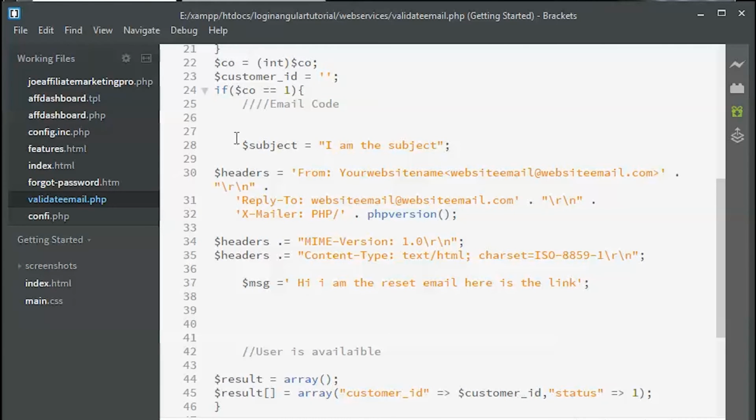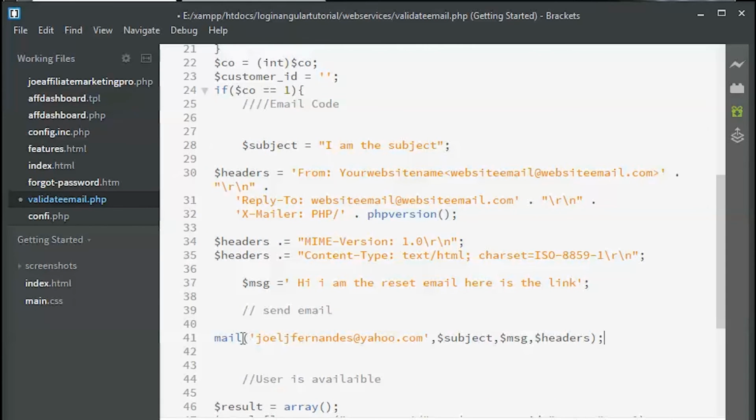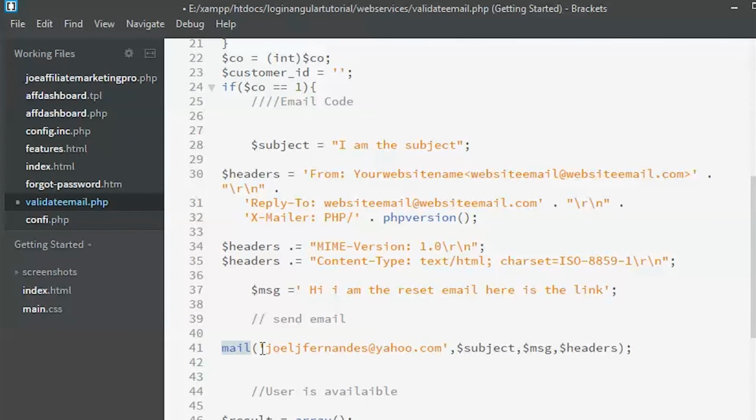First, this is the part where you need to define all the variables, and here is the main code to send the email. So here you need to type in mail. So guys, here is the email that you need to send the email to. This should be the customer's email, okay, so the customer is the one who's going to receive the email, so his email should be mentioned over here.